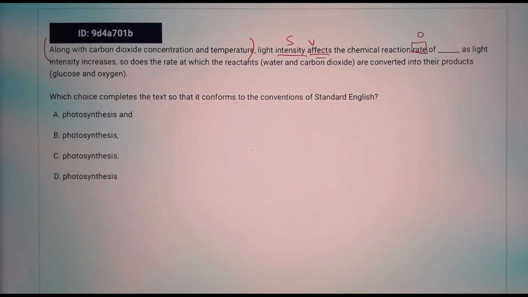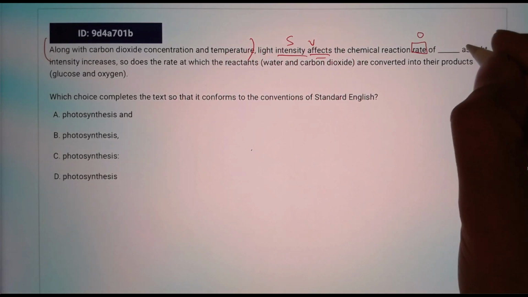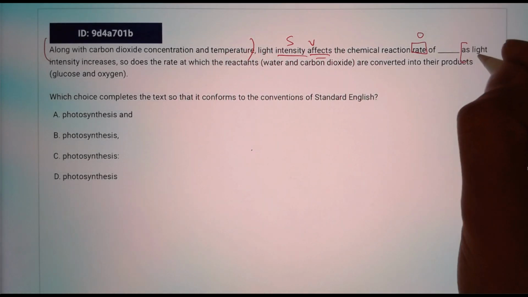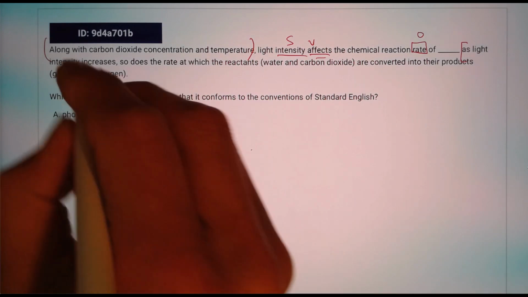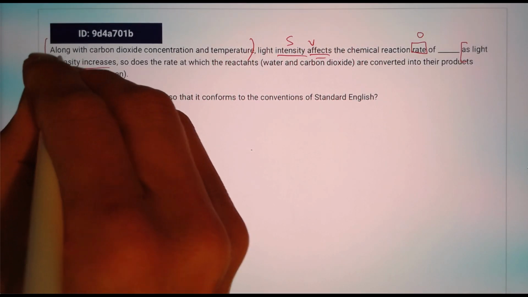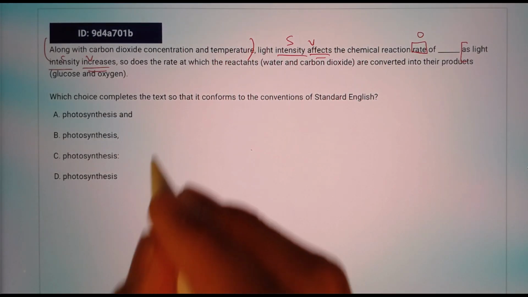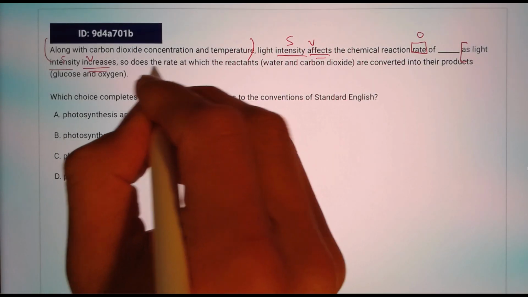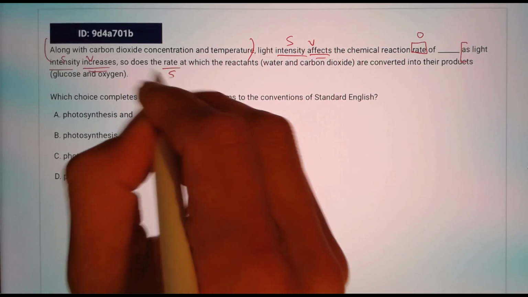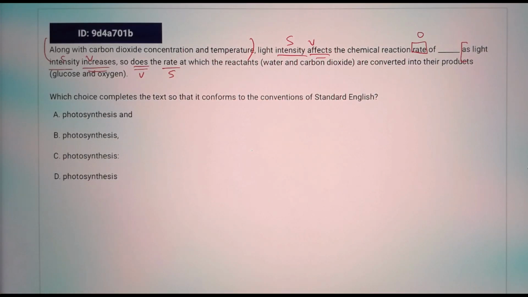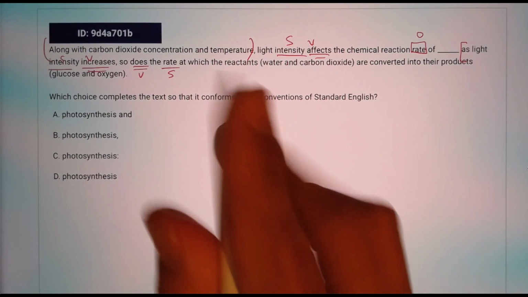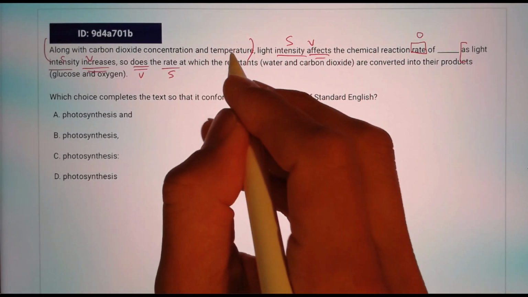As light intensity increases, we start a dependent clause here. As light intensity increases, subject and verb, so does the rate. So it's an inverted sentence where you will find the subject here and the verb. Yeah, the rate does so, at which we have a dependent clause again, at which the reactants are, okay, so